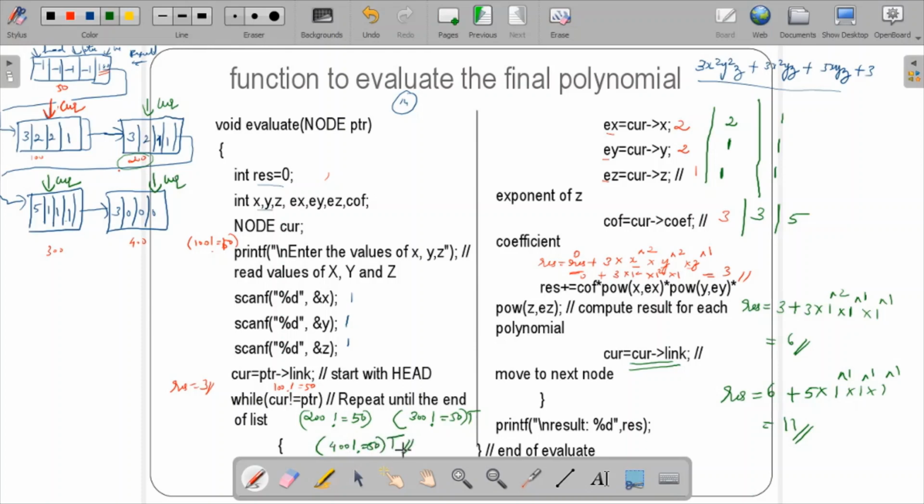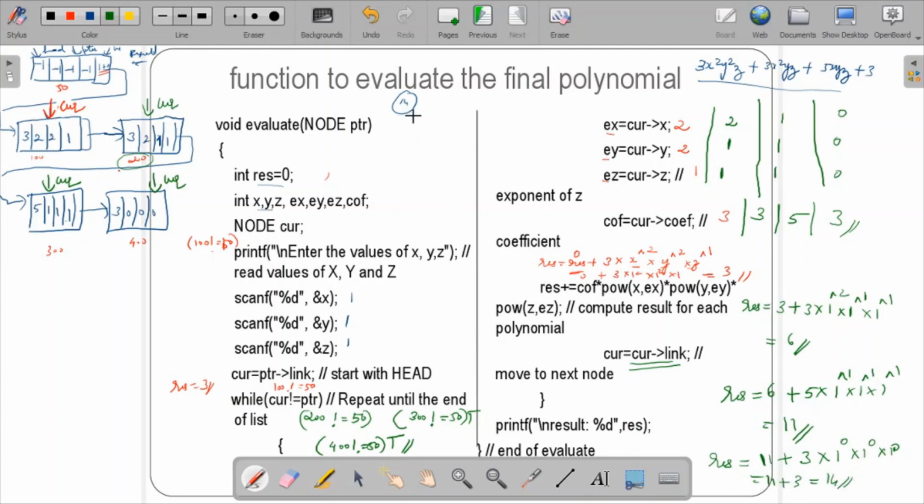Yes, it is true. If it is true, then for the last iteration I need to write the values of current x. What is the current x of this? It is 0, 0, 0. I mean the exponent values of x, y, z are 0, 0, 0, and in the last iteration the coefficient is 3. Again it will come back to the result statement. So result is equal to the previous result 11 plus, what is the coefficient we have here? 3, into 1 power 0 into 1 power 0 into 1 power 0. You can see the exponent is always 0. So it would be 11 plus 3, that is nothing but 14, the final answer.